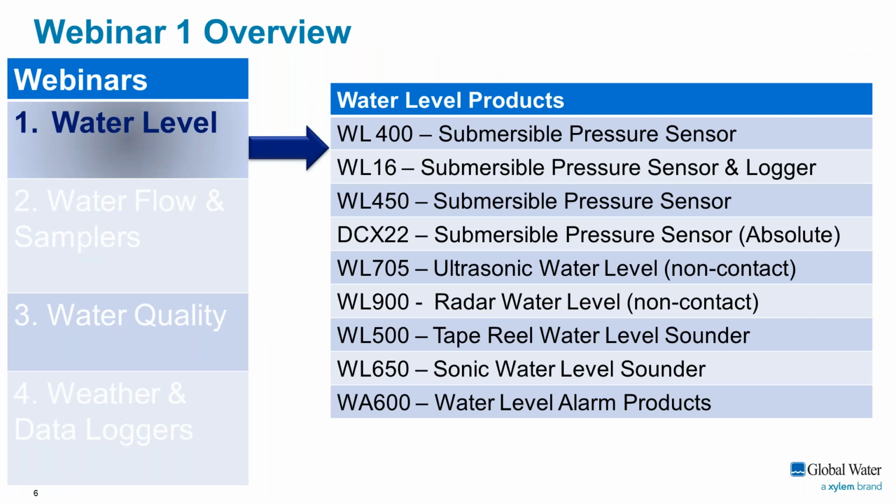So this will be our table of contents. We're going to scroll through each one of the products relatively quickly. We're not going to focus on a whole lot of the technical information. I could go on and on for probably 4 or 5 hours about that. If you decide you want to look more closely at some of the products, a lot of that information